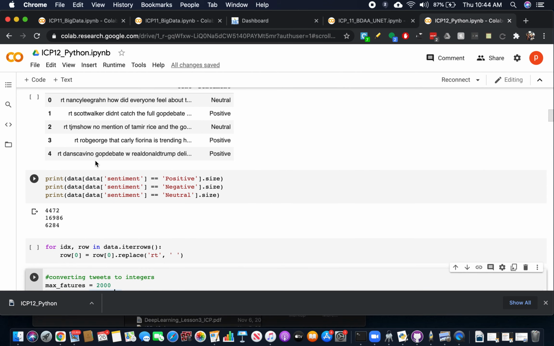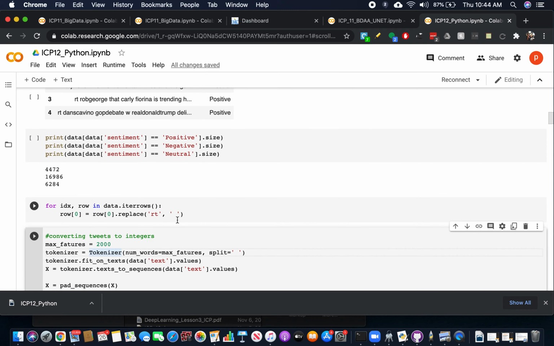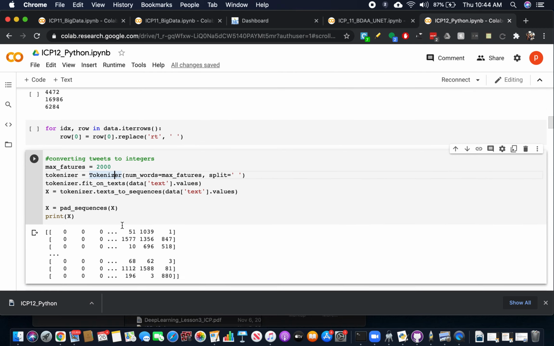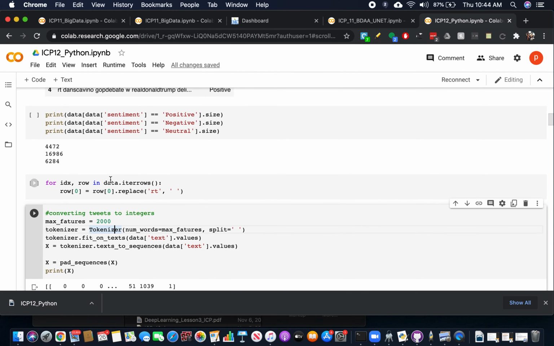And we can see here that we have RT, the retweet marker, which we have replaced with a space here. After all the formatting of the tweets, now we have to